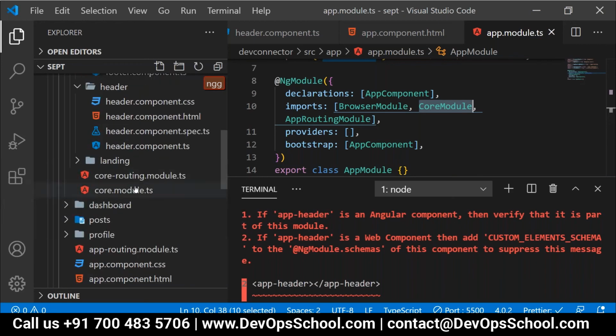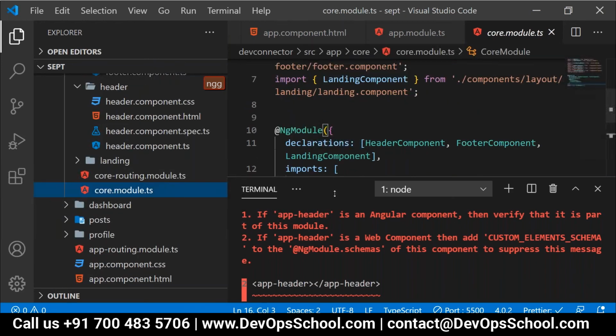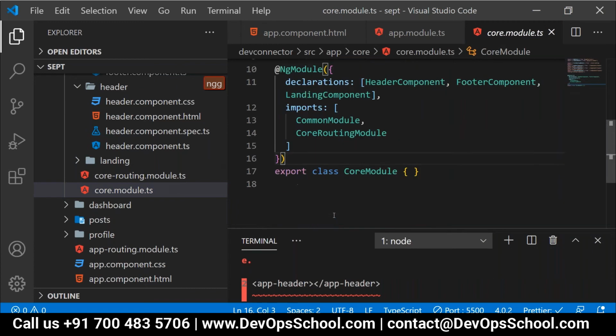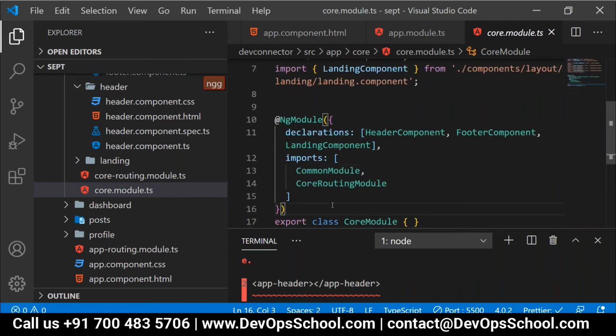Now let me go to the core module. People, inside the core module, is anything there for the exporting purpose? Are we exporting something from the core module? We are not exporting anything from the core module, and unless you export it from this core module, the app module is not able to import those contents.